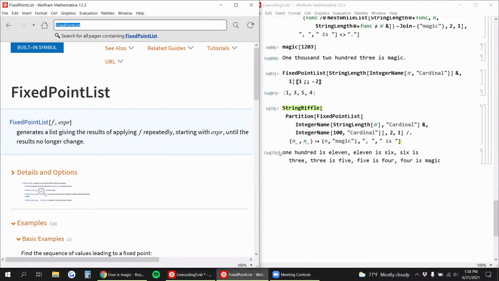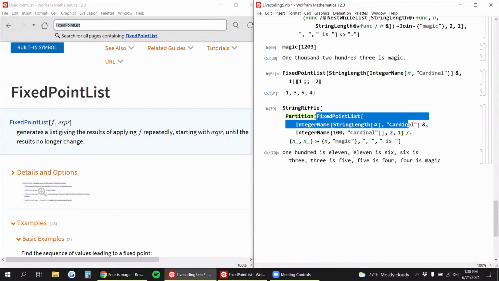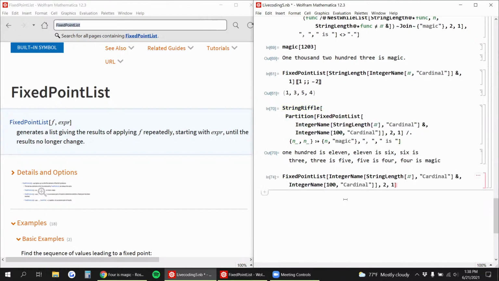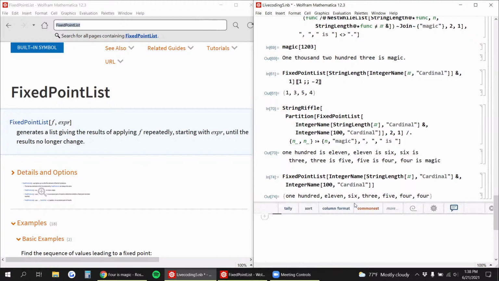If it gets the same number in the last one, it just, okay. Yeah, cool. So this fixed point list thing is pretty neat. Let's look at what it's actually generating here. That's the partition. So yeah, we're repeatedly finding the next integer name based off of the last integer name's length until there's a fixed